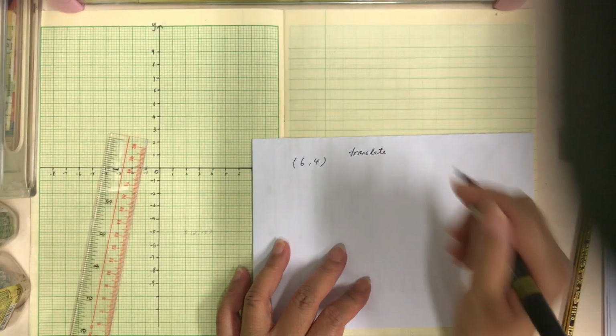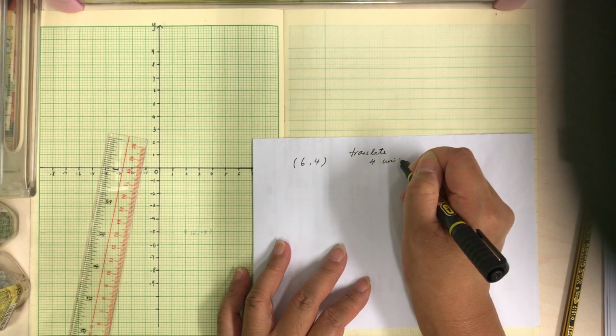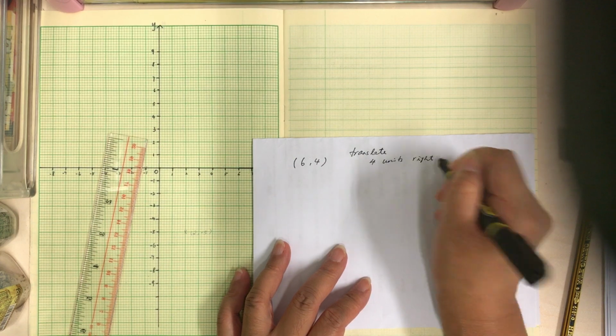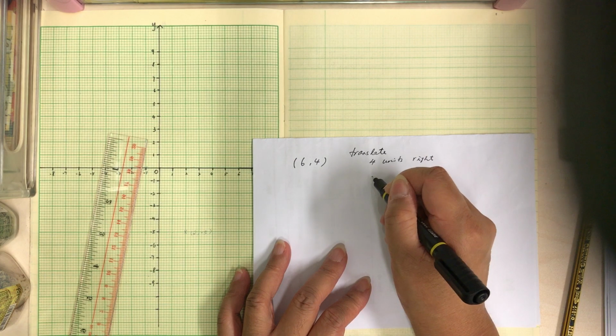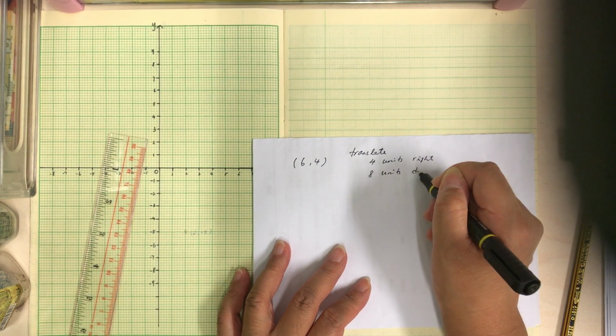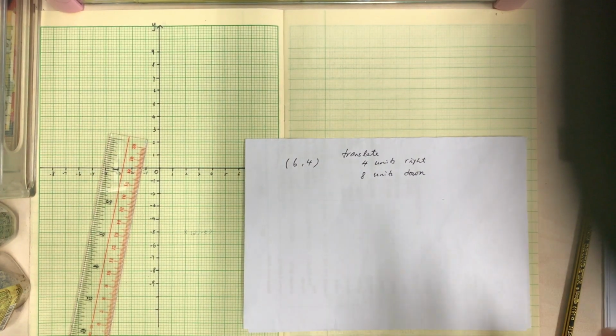Maybe we try 4 units to the right, and then how about 8 units downwards? Now in this case,